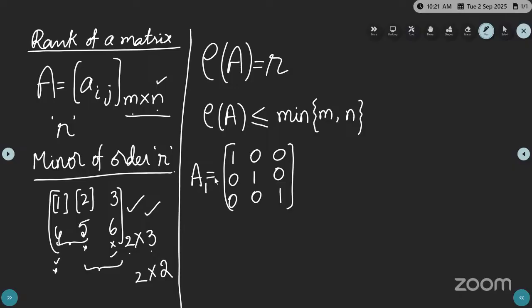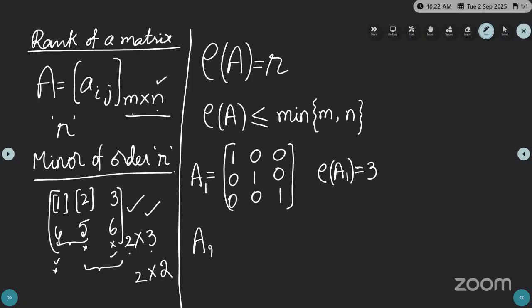Say yes or no. What is the rank of this? That matrix is itself a submatrix of it. Okay, it is its own submatrix. Now what is the determinant of it? The determinant of it is not equal to 0. So here, for A1, there exists a non-zero minor of order 3. So the rank is 3. Okay. Next,